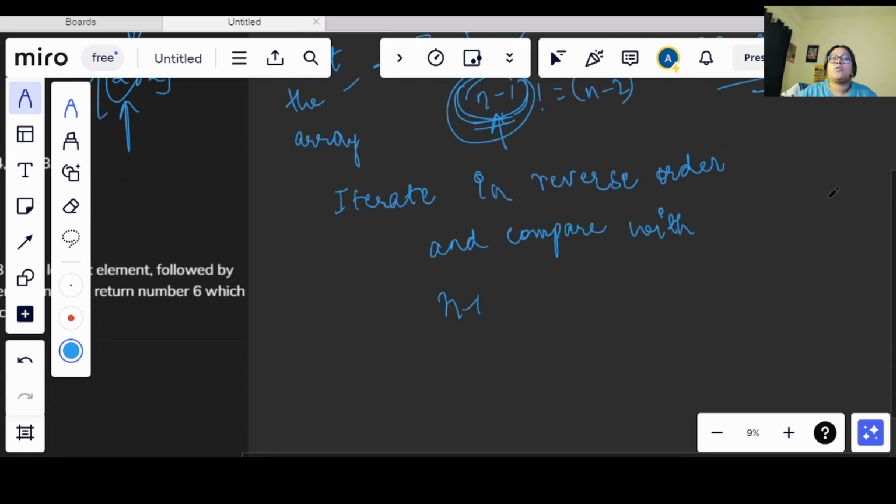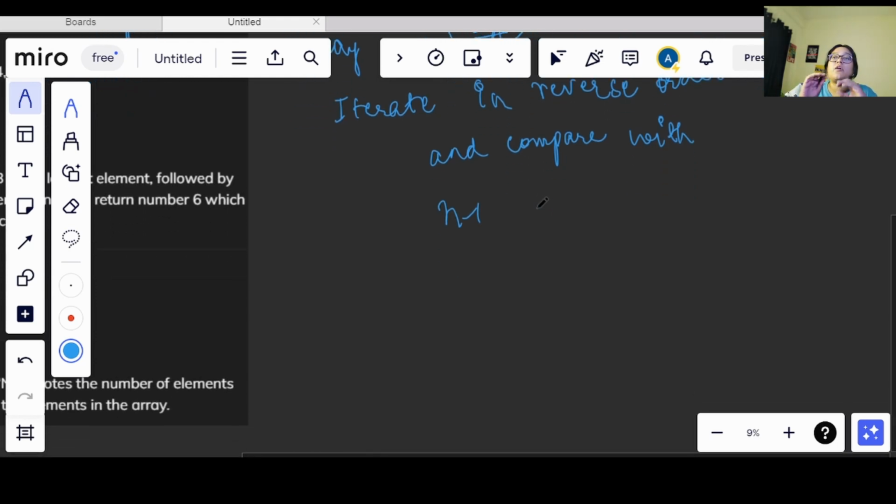If you can recall, in the previous question we were going from the first to the end of the array and we were comparing, right? We got a maximum value and we used to compare it with the array element to see if it is greater or not, right? So we can do the same thing here. Why? Because let's say I have 2, 4, 3, 6, 8. Now we will be discussing the optimal approach. Now let's say I have this array.